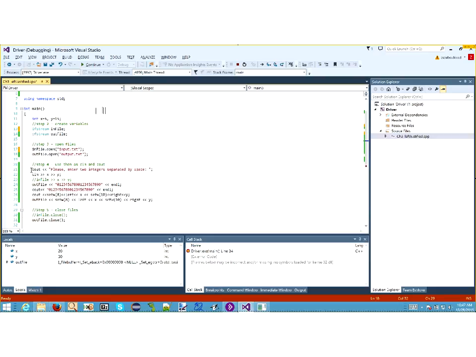We don't need to prompt the user anymore, right? This is not where we're going to get the new values from. We don't need the cout. We're not going to put anything on the screen anymore. Everything is going to be read from the file, and everything is going to be sent to the file. So we don't really need cout for